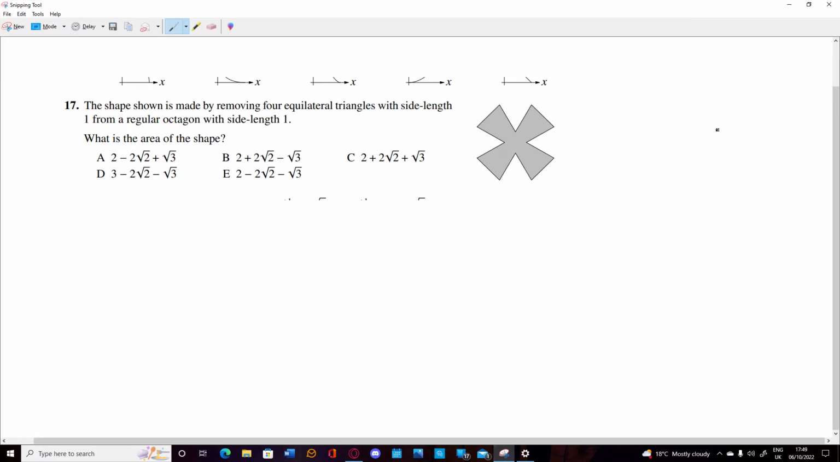The shape shown is made by removing 4 equilateral triangles with side length 1 from a regular octagon with side length 1. So there's the whole shape. What's the area of this shape? Okay. So we can just split this up into 8 triangles. We know it's 1, 2, and we know this length is going to be 1, using the area. So if we connect this here, then we know